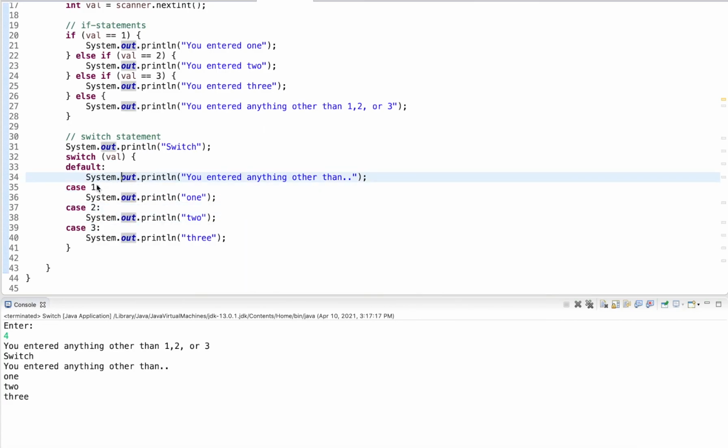One last thing, here I have cases 1, 2, and 3. They just happen to be 1, 2, and 3. If I were to check, let's say, 5, 8, and 30, then I would write here 5, 8, and 30. So these are just integer values. They're not cases that are ordered from 1, 2, 3, 4, 5, and so on. So these are just integer values that I'm checking.